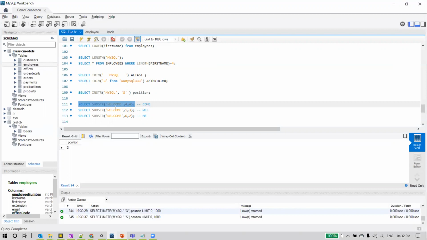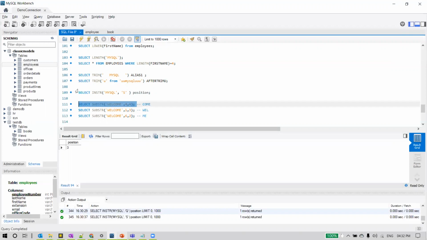So that's the use of substr, meaning substring. Substring is part of a string, and when we are specifying part of a string, what part do you want? What portion of the string do you want to read, and how do you specify it? First, we need to specify some string, and then as we need some portion of the string, we need to give the starting index, and then how many characters we want to read from that position. So that is what we specified here. Starting with the fourth position, I want 4 characters.